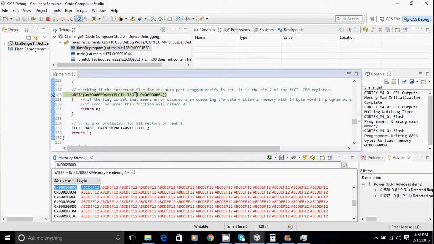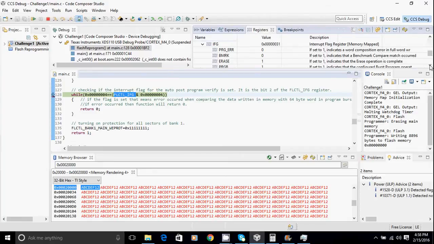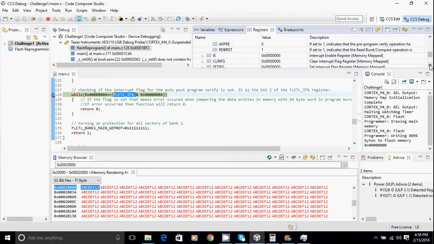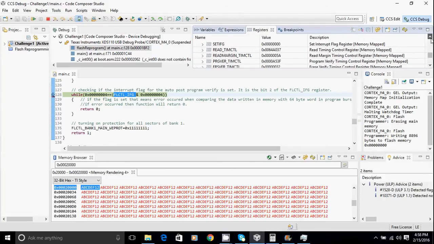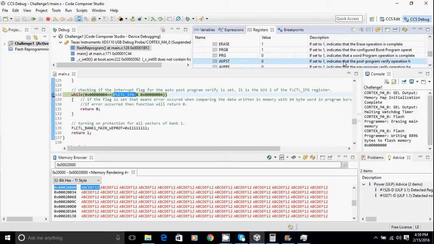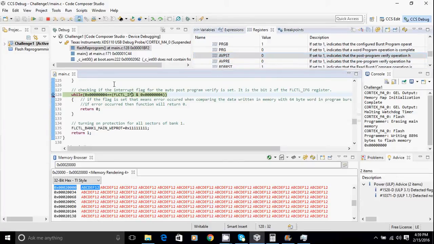We can see this register to make sure that the auto post program verification was successful. So this is the register, and this is the bit that indicates the post program verify operation has failed if it's set to 1. As it's set to 0, it was successful.